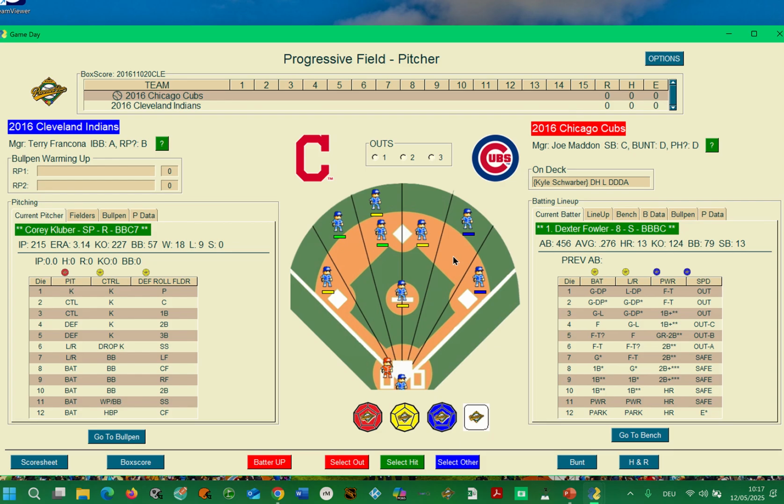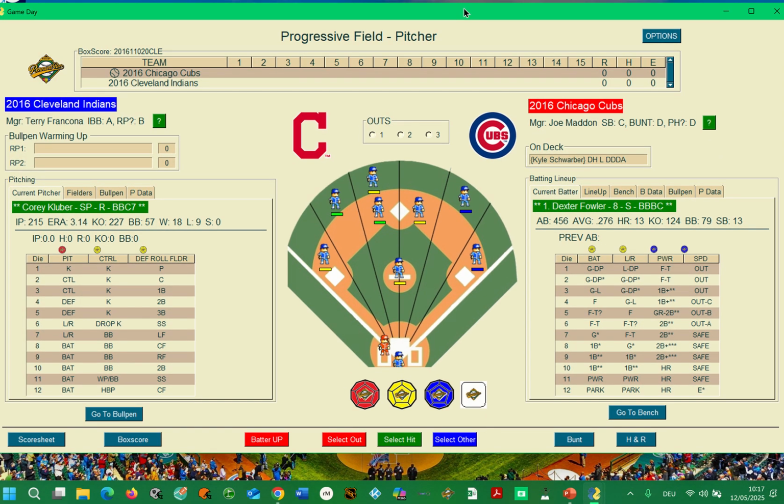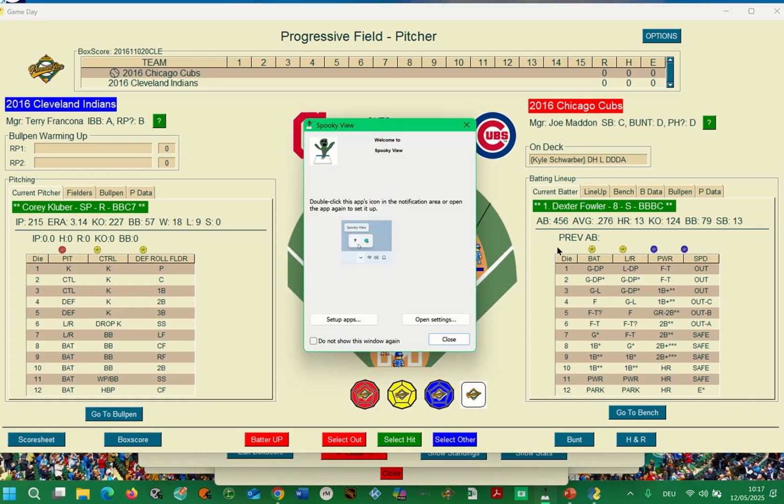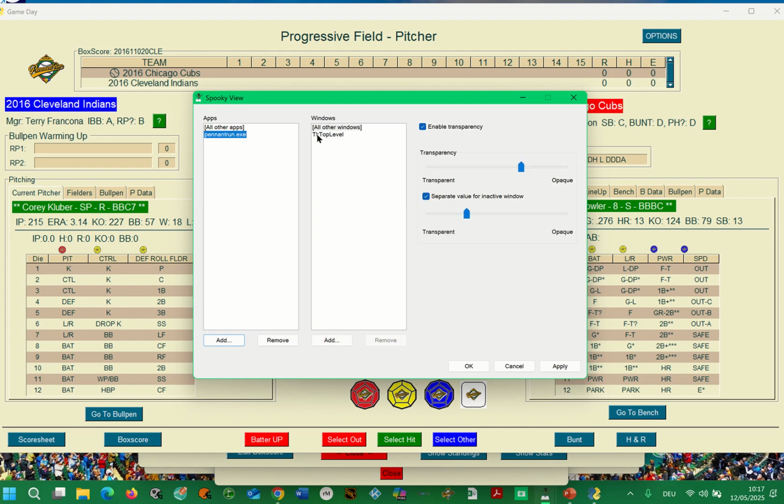Okay. So at the moment, as you can see, that is completely opaque. You can't see the field behind it. I use this little app called Spooky View, and it's only a little app, and you can set up your apps in here. And I have Pennant Run. It's the only one I use transparency on. And you can change the view, so you can make it transparent. Let's apply that, and